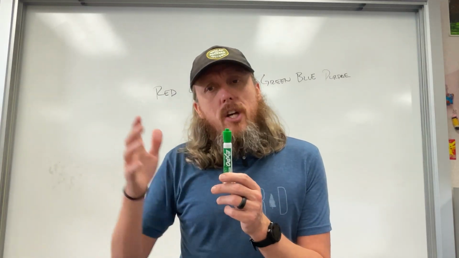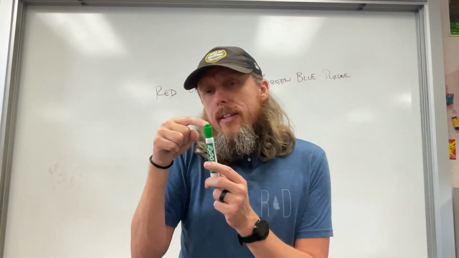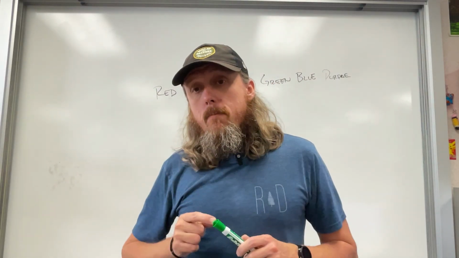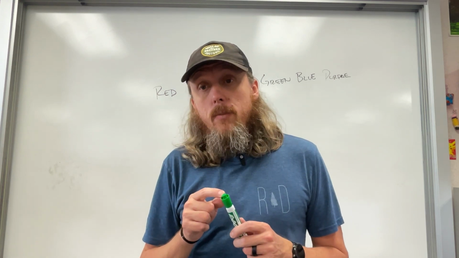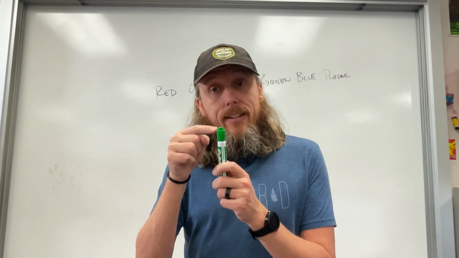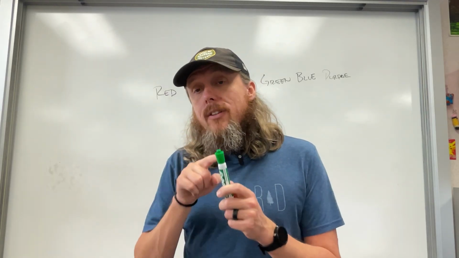But now what if we shine only red light onto this? Well, if we only shine red light onto this, it's going to absorb every color but green. Is red green? Red's not green. So red gets absorbed, no green hits this, no green reflects, no green hits our eyes,